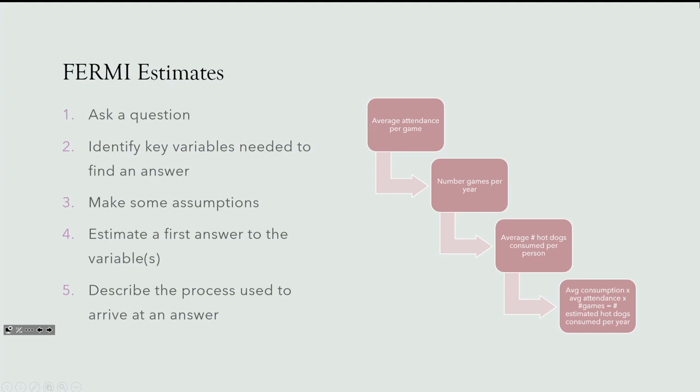Right. So we run this in our strategy and entrepreneurship class just for fun, to show students that they can actually start to put some numbers very quickly. So we'll say to them, how many cars are there in Canada? And so they have to proceed through, well, how many people of a certain age, how many of them probably drive, how many cars per household, and so forth. And they'll come up with some kind of estimate. And at each step of the way, if they can explain how they've arrived at those numbers, it's better than having nothing, right? And it's a way to make an argument with management.